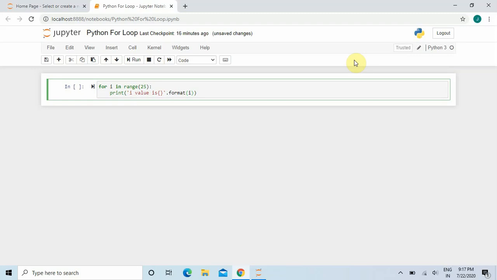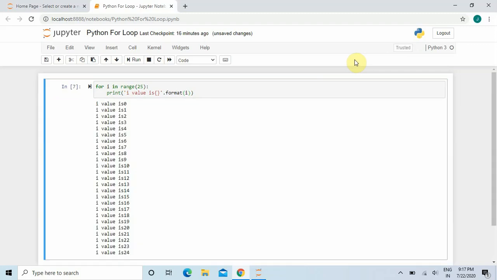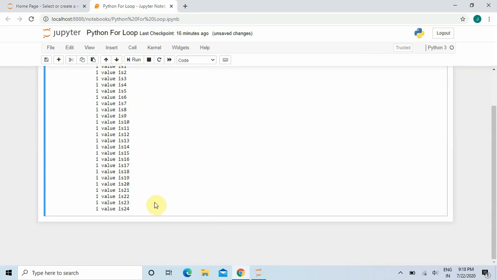So here I am displaying the i value using the dot format string function, and now let me run this code. So now you can see here that i value is starting from 0, and if you scroll down you can see that i value is 24.